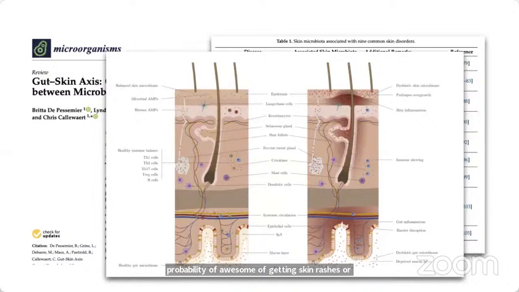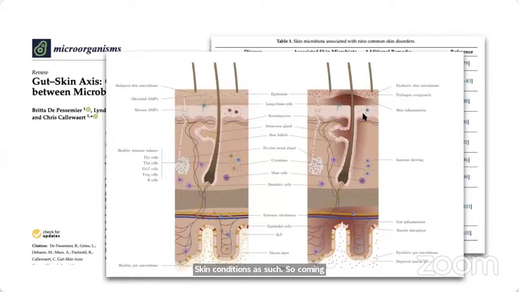The gut and the skin dysbiosis or imbalance, right, are connected through the immune imbalance themselves. In this specific example, this publication deals with understanding the imbalance in the production of helper T cells or Th2 cells or T lymphocytes that is skewed when the crosstalk between the gut microbiome and the skin microbiome is disrupted. So if you want to check this publication, I can give you the link for this. This is an exciting and excellent study that relates to microbial community and their effect in skin conditions as such.